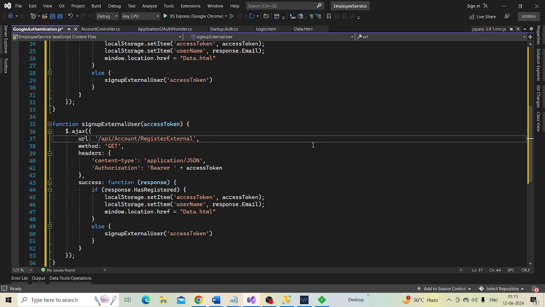And to this URL, we want to issue a POST request instead of a GET request. The headers are going to be the same.